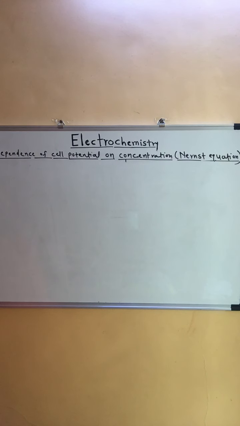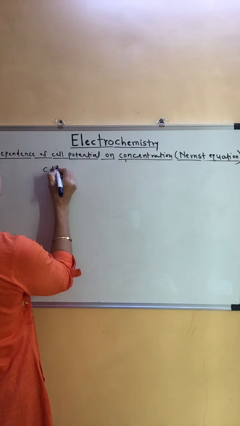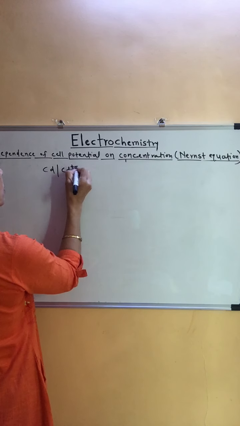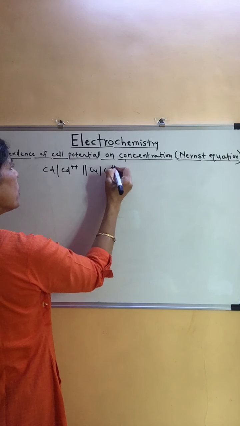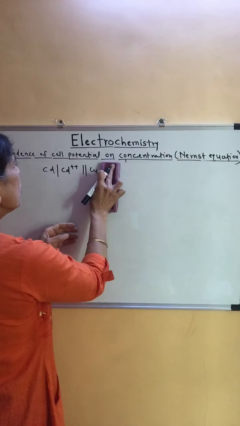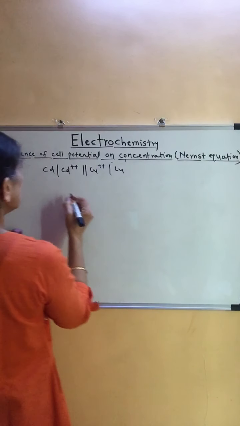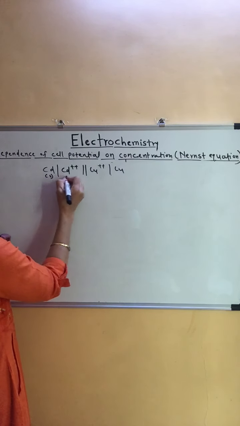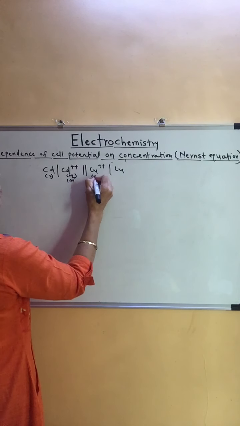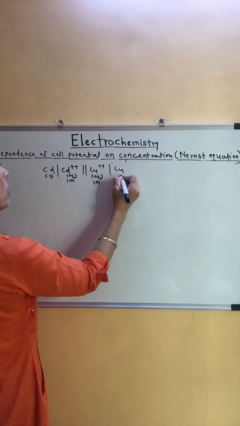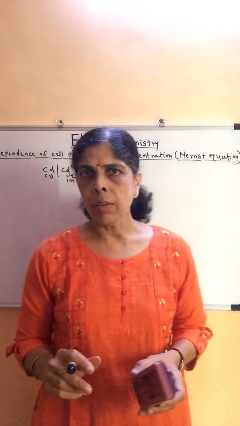We will have a cadmium copper cell. See, if you have a cell Cd | Cd2+ (aq, 1 molar) || Cu2+ (aq, 1 molar) | Cu, cadmium solid, copper solid. So we have seen already the representation of the complete cell.